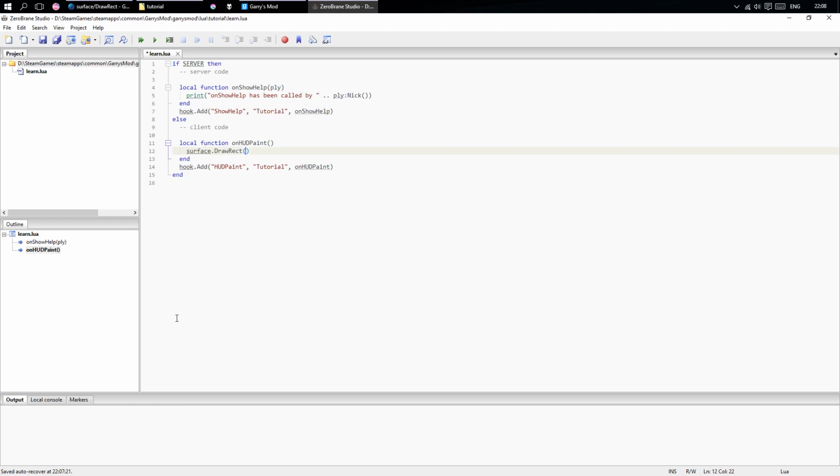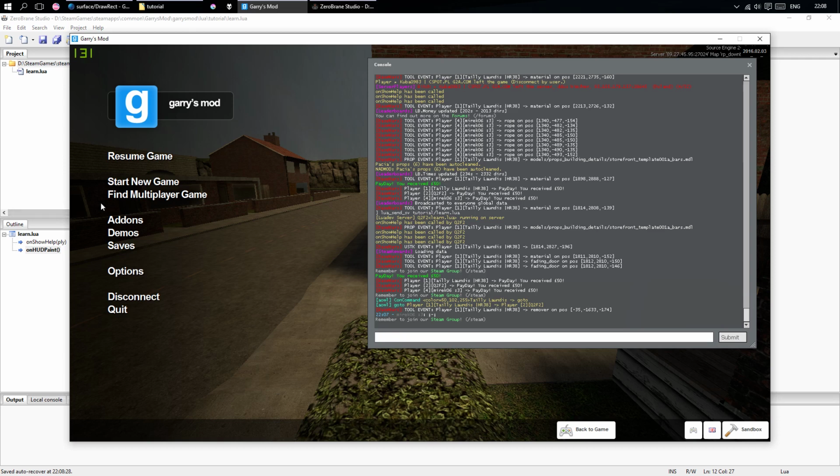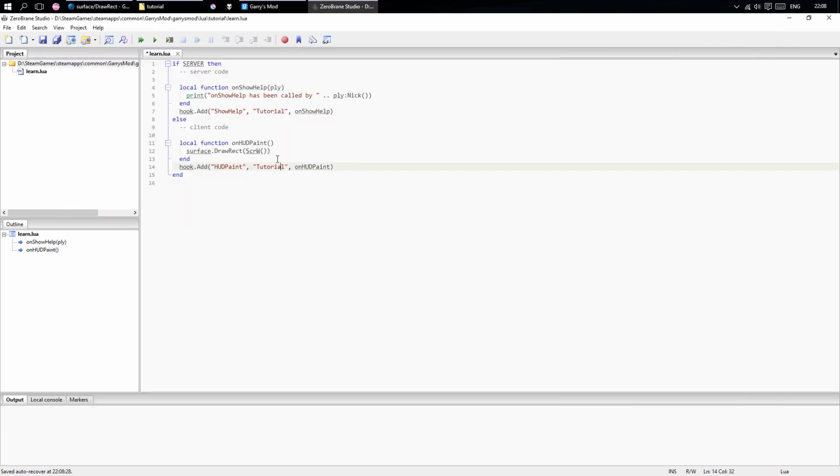I mean, you understand the concept of a function by now. So let's use another built-in one, which is SCRW, which stands for screen width. If you think about it, this window is a certain amount of pixels or units across and up. So we can use this function to get how many it is across. Let's divide it by 2. So this will get us the